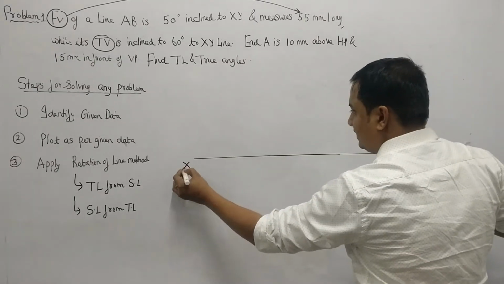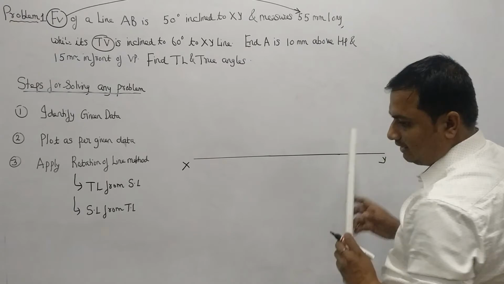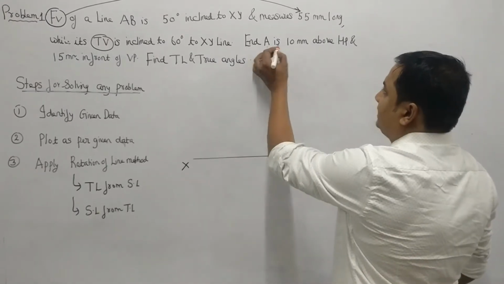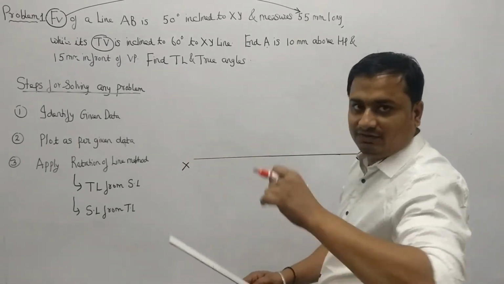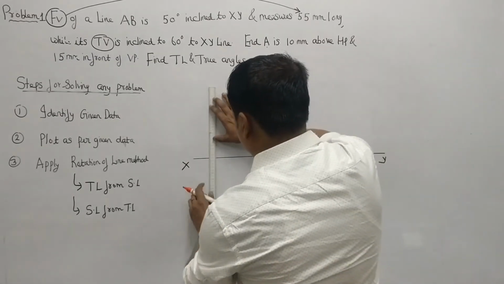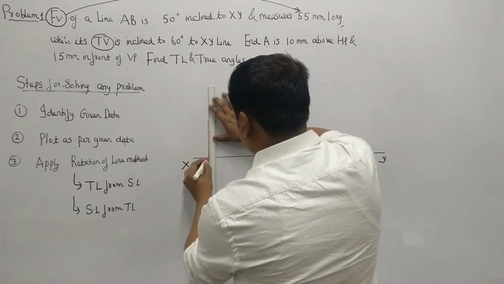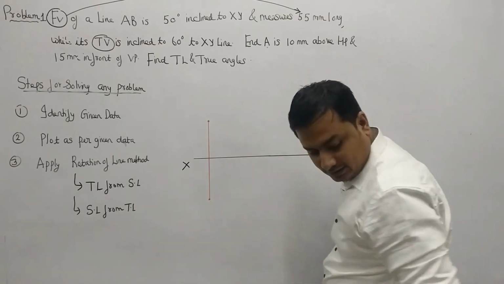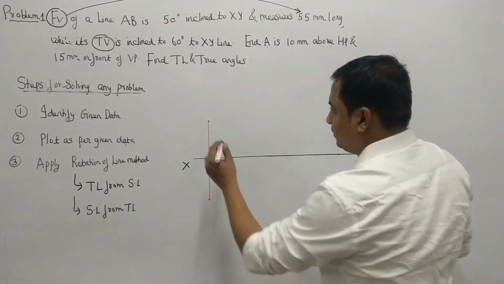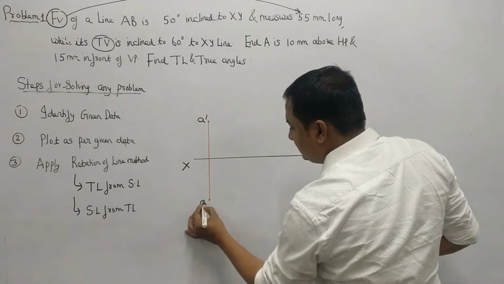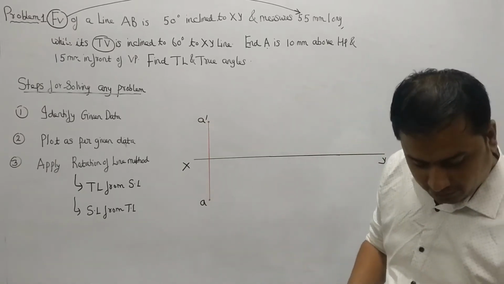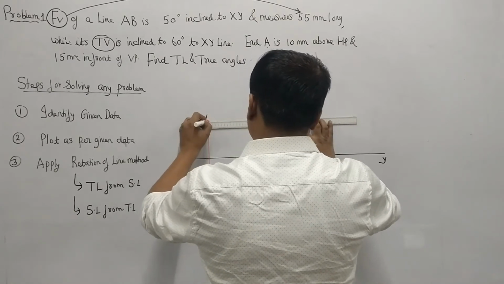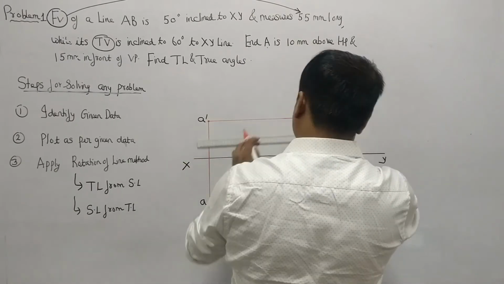So this is the reference axis XY, and it has been given to us that A is 10 mm above HP and 15 mm in front of VP. So that means for the front view, this is 10 suppose, and this is 15. This is my A dash and this is my A. This is the location of A dash. I will write that this is A dash and this is A. Okay. So quickly I will be drawing the next step only. I will be drawing the locus, that will be helpful. So I will be plotting the locus at the very beginning.